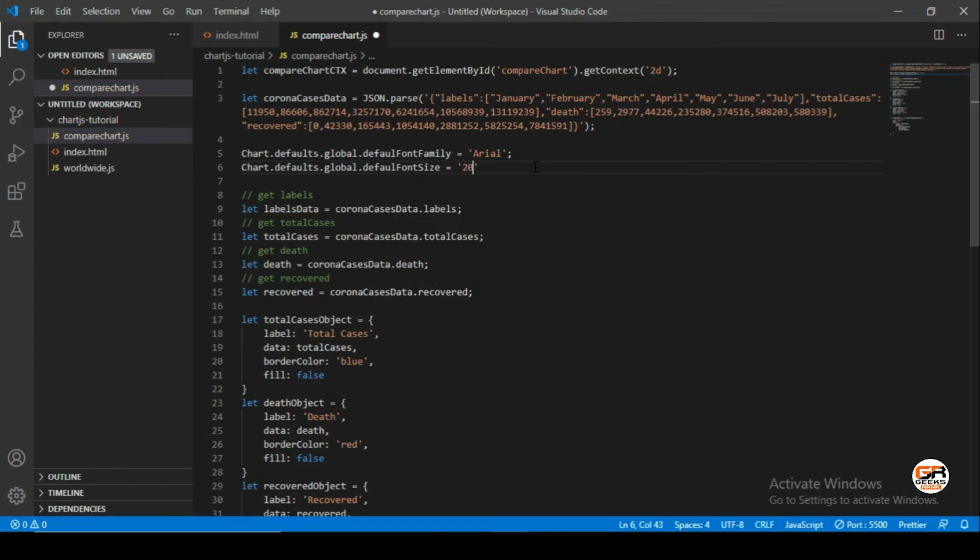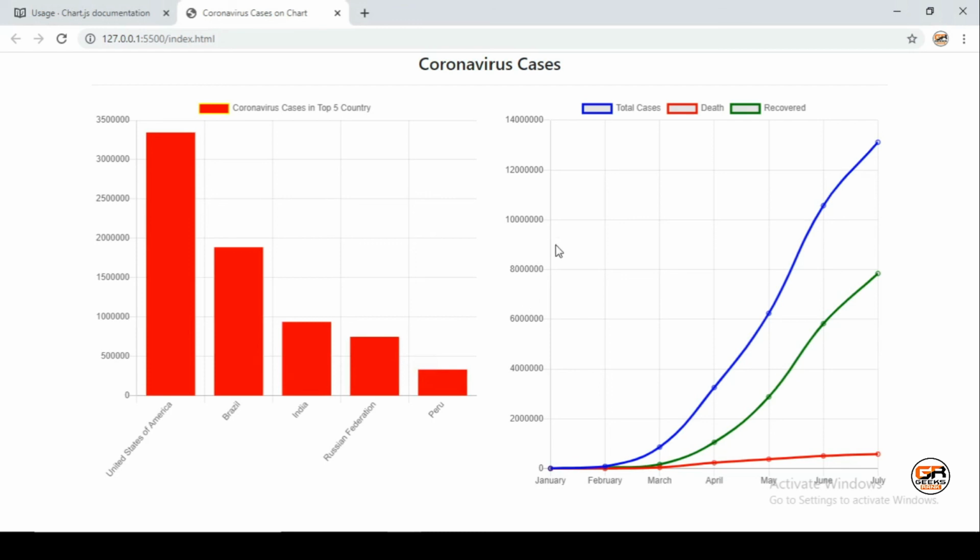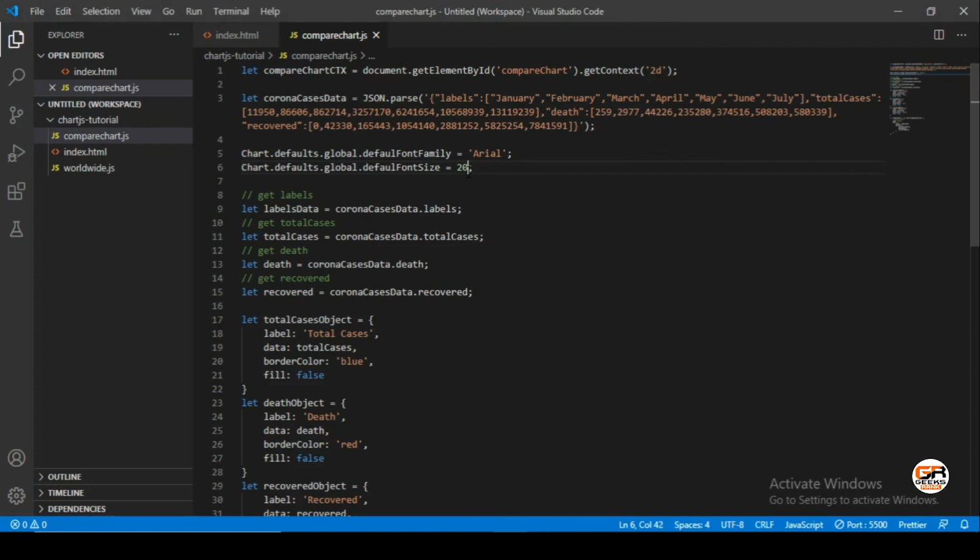Make it 20. We do not need to put it inside quotes, just put it this way. And now see on the browser how it's looking. Is it working or not? Yeah, let's make this large size.